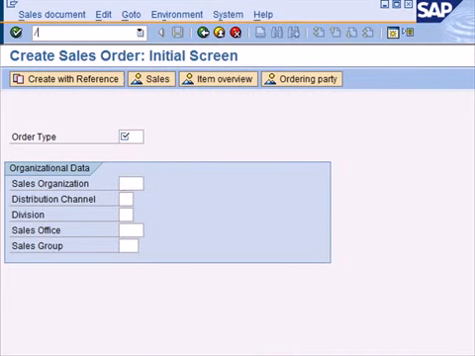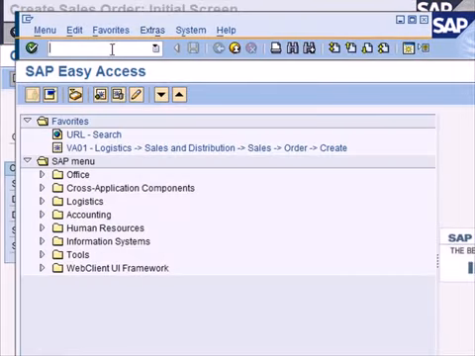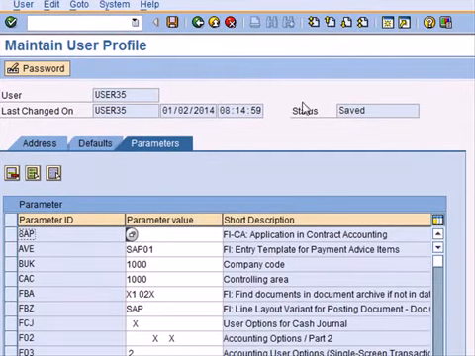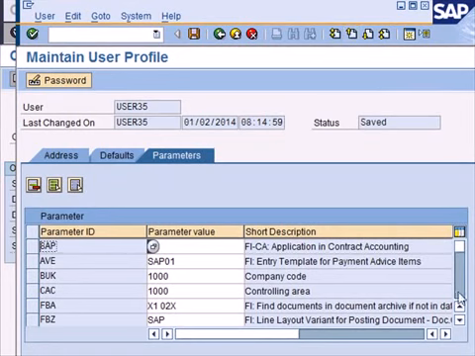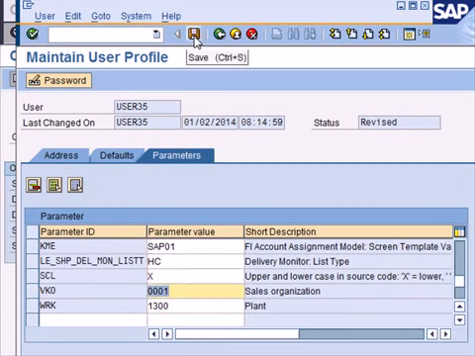So I open up another session, /0, and now I go to a transaction for maintaining user profiles. Now in the parameters, I scroll down and I enter VKO and I enter the sales org 0001, which is the sales org that I normally work with. I save,